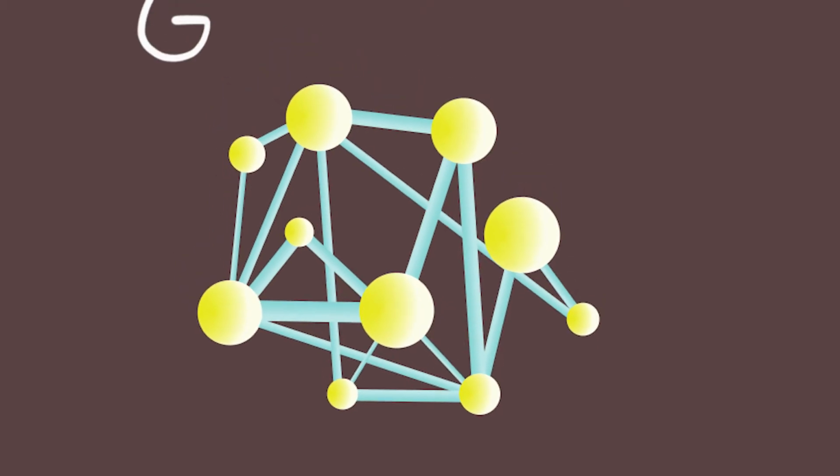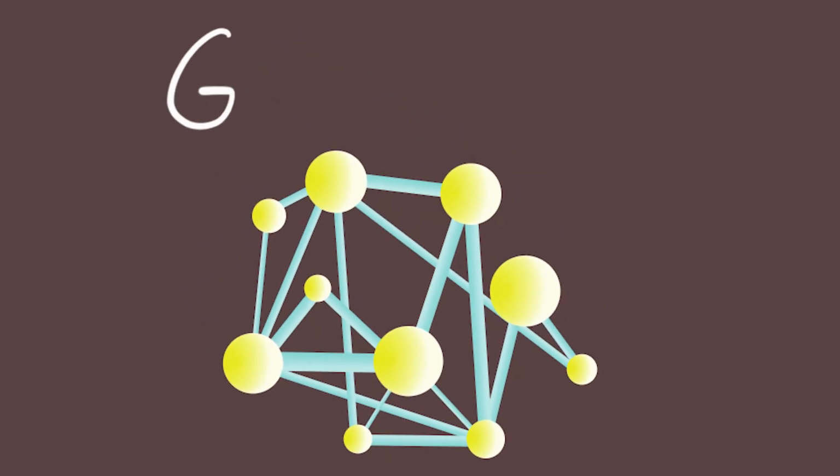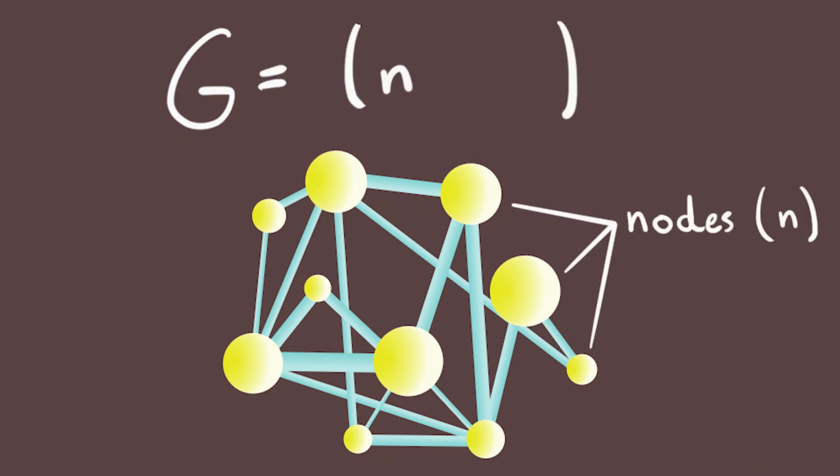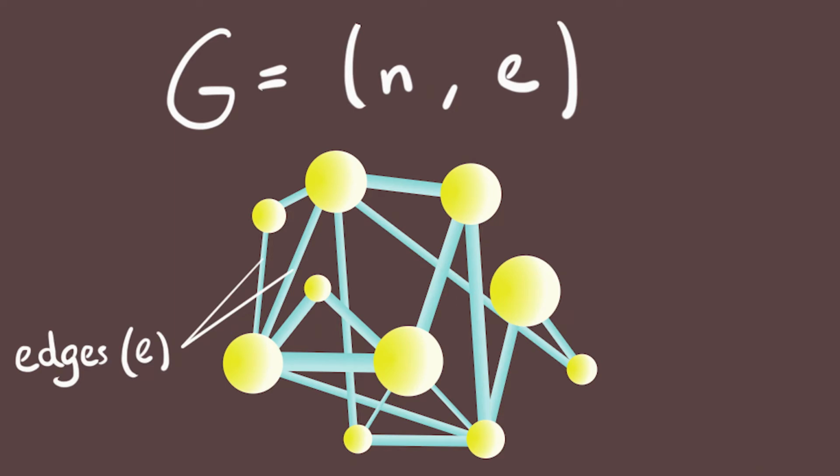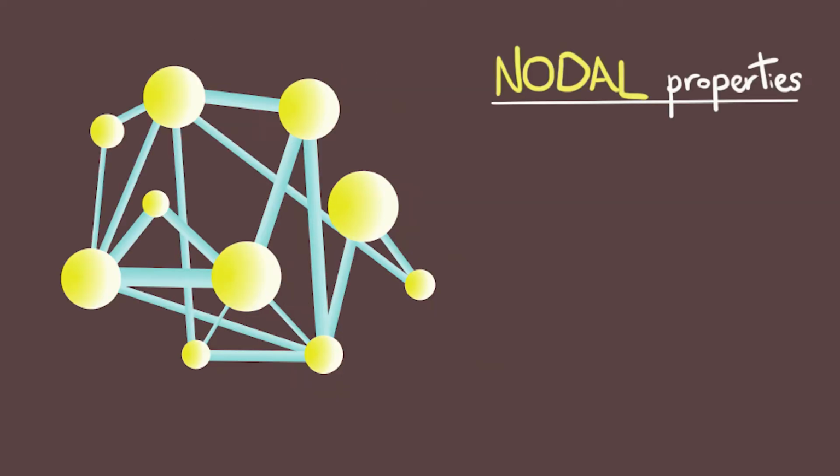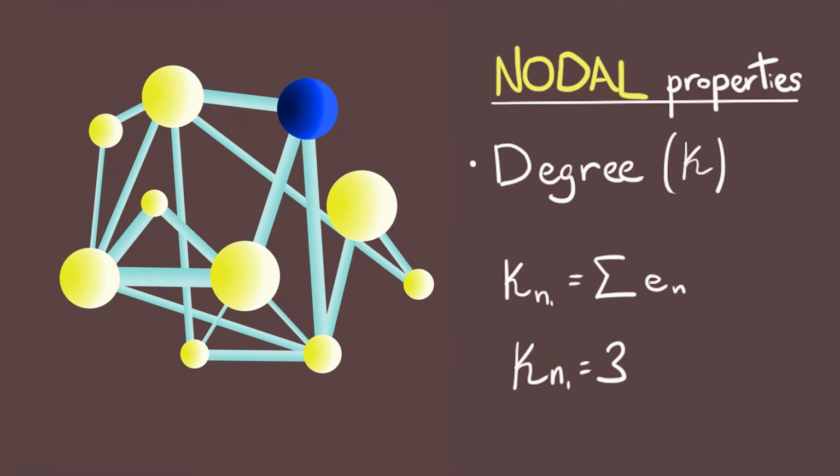Let's say you have a network looking like this. We will call it G for graph. This graph is composed of nodes and edges. As you can see, there is plenty of numbers to play around with, related both to individual nodes and to the network. Some of the properties that we can calculate for individual nodes are degree, which is calculated as the